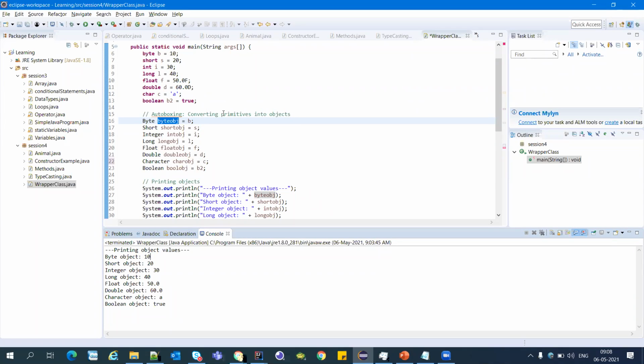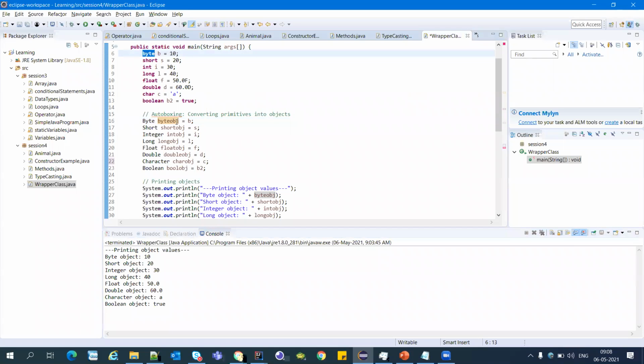Sometimes we come across situations where we want to have an object instead of primitive data. So Java has provided this wrapper class to convert the respective data type into its corresponding object. We come across situations where we want to use multi-threading or synchronization, or in some kind of collection framework.